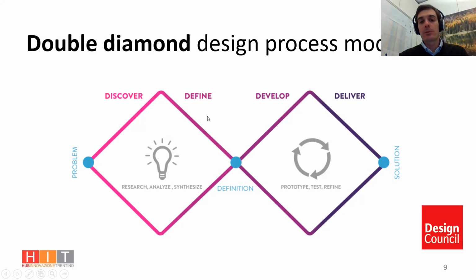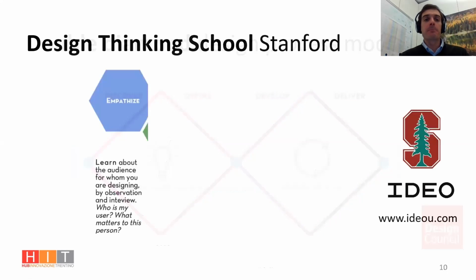And then you also have to define what the problem is at a certain point, and at the end of the process, you want to deliver one solution to be brought to the market. So that's probably the most theoretical approach to design thinking. Another process model, which is a bit more actionable, and this is like the foundation of the design sprint,